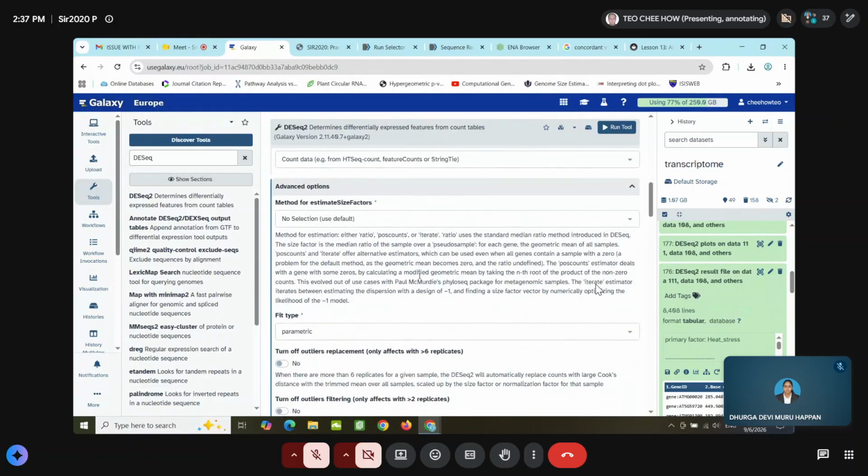So for estimation of the size factor, right? We usually use the default setting, right? There are 3 different types, either using the ratio, poscounts, or iterate, right? So the ratio one is used for DESeq2, right? And there are some others. We don't use any selection for this one,